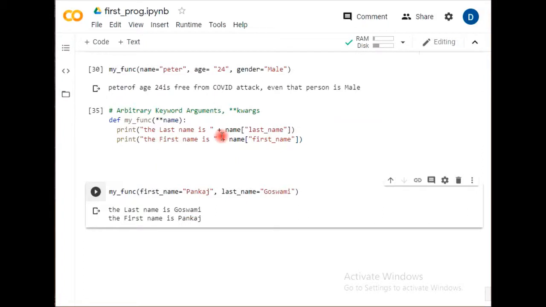So the function is itself doing that, because we have defined it with the double asterisk name. It means a number of times. The number of keyword arguments is unknown and can be used with the double asterisk. So if you don't know and you want to maintain more keywords, 1, 2, 3, 4, 5, then you can use this one. So double asterisk is used for a number of keywords and asterisk is used for a number of arguments. This is important.